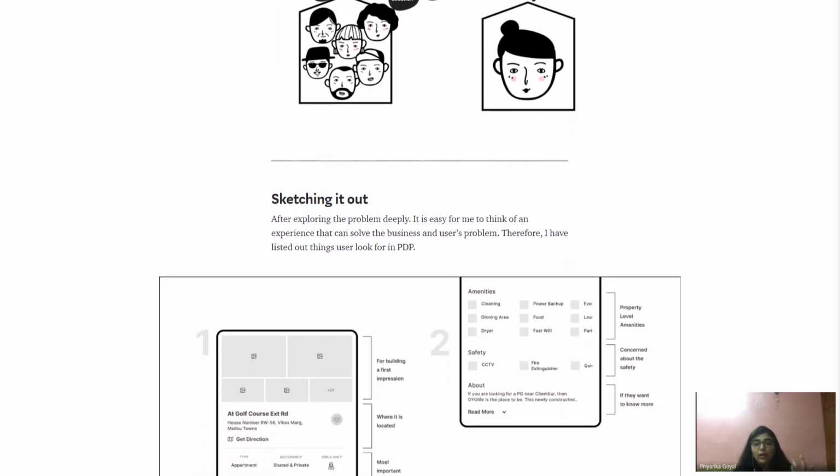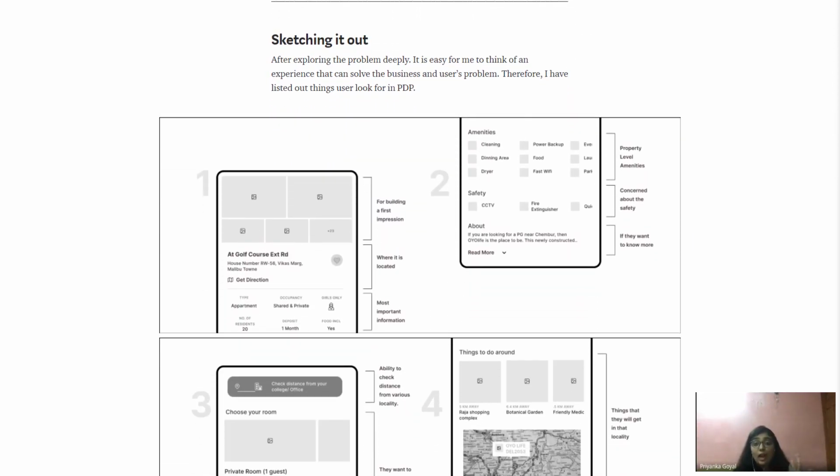Then sketching it out. This was my initial wireframe which I proposed, and I would say that 20% of it was actually used. Every segment that I've redesigned has a reasoning behind it. I've not just jumped to my UI and thought कि मैं ये बना देती हूँ. मैंने research किया, then every element and position of every element which I have decided has a strong reasoning behind it, that why I am doing it.